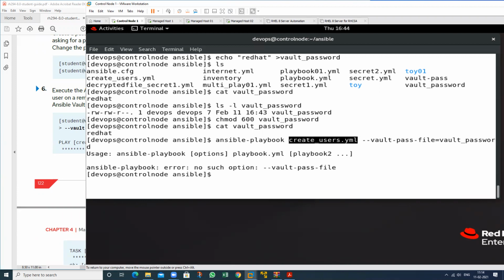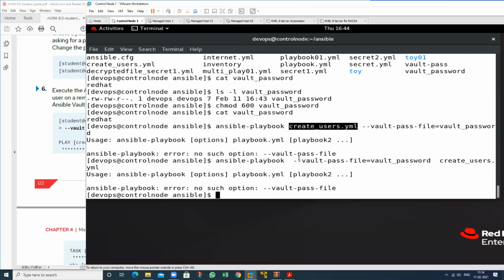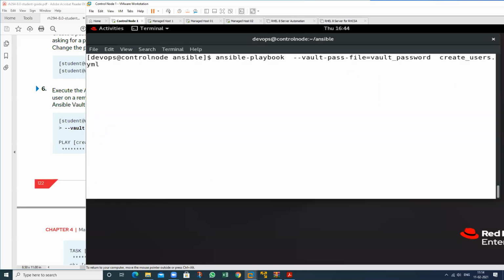Okay, first this one, then on the last, create. Okay, we have typed ansible-playbook vault-pass hyphen vault hyphen pass hyphen file create.